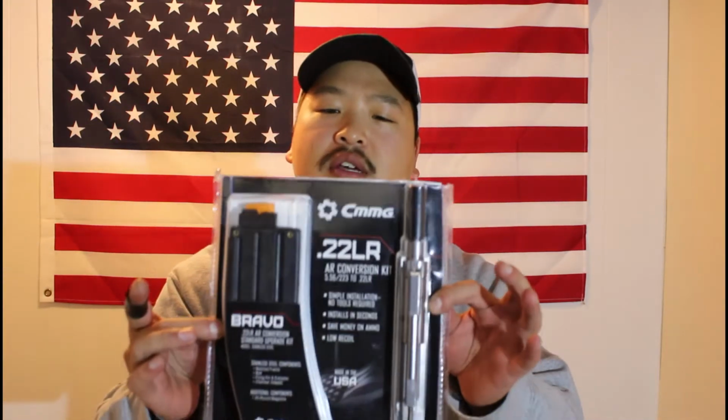and not pay $1 a round for 5.56. So, we are talking about the CMMG .22 long rifle conversion kit for AR-15s. Now, this kit will say approximately $200. There were some Black Friday deals out there. If you were able to snag one, they had that for about the same price, and it came with 3 magazines. I did have to purchase an additional magazine separately, but